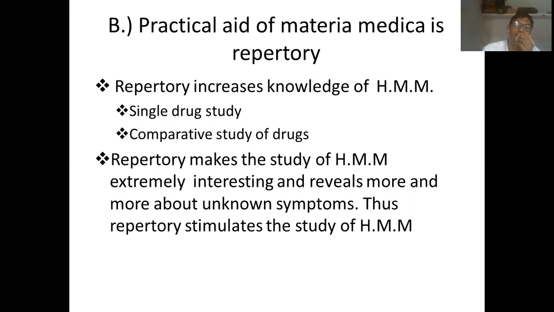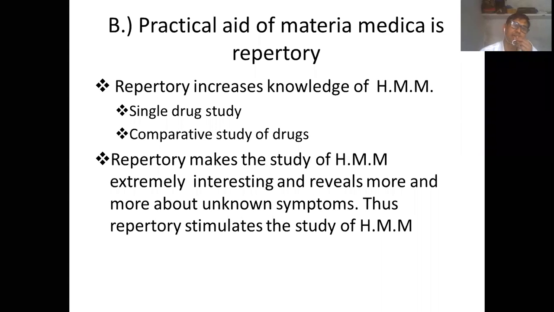Third time, fourth time you do, two more drugs will be there in your mind, like Lycopodium and Sulfur. One more time you do, you will also come to know that Graphites is also a drug which has